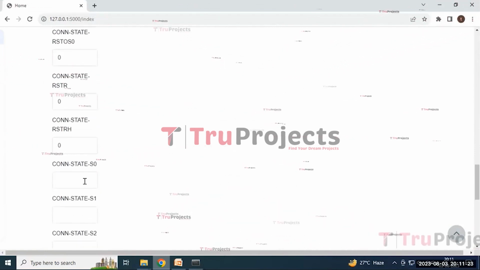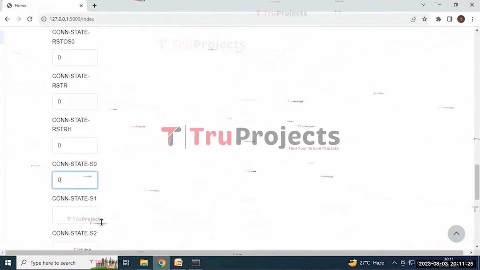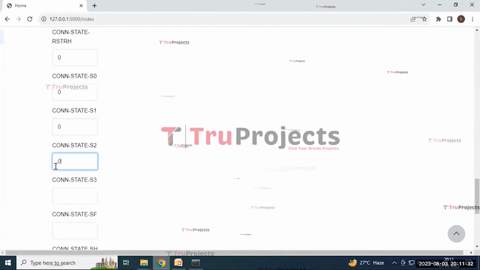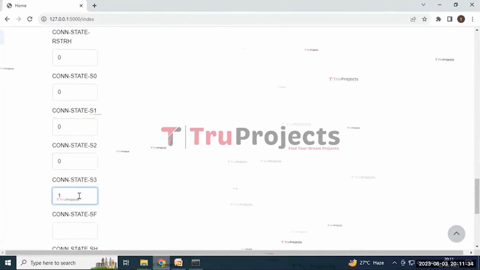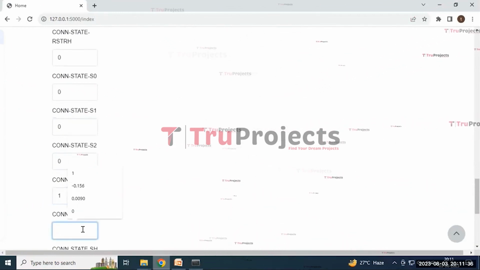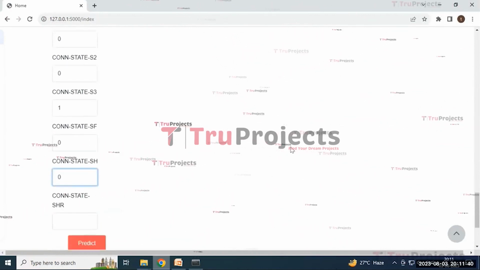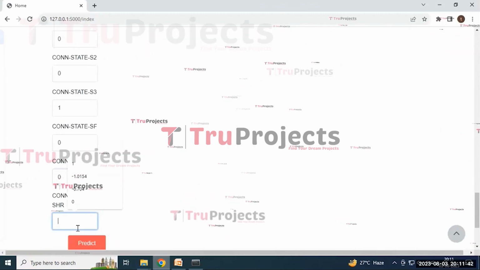And conn state S0 is 0, S1 is 0, S2 is 0, S3 is 1, S4 is 0, SF is 0, SH is 0, SHR is 0.